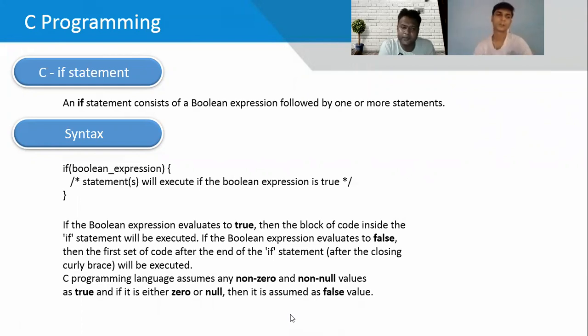If the Boolean expression evaluates to true, then the block of code inside the if statement will execute. If the Boolean expression is false, then the first set of code after the end of the if statement is executed. The C programming language assumes non-zero, non-null values as true, and if it is either zero or null, it is assumed as false.